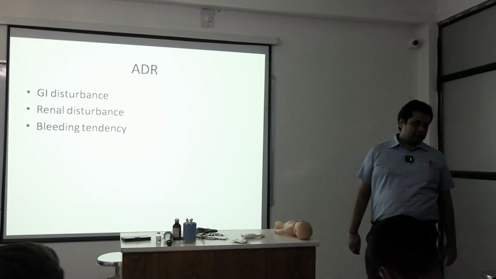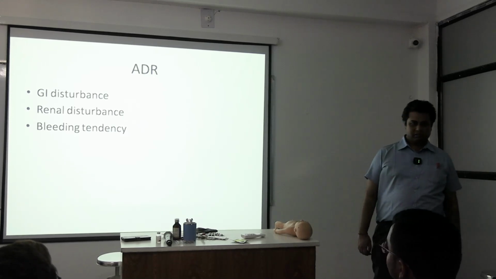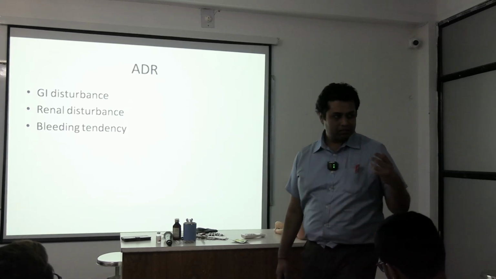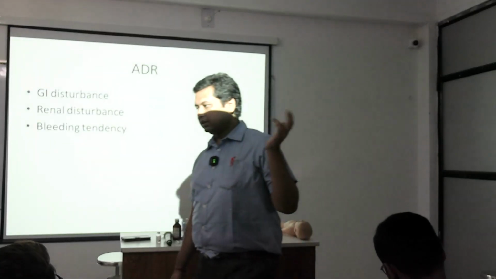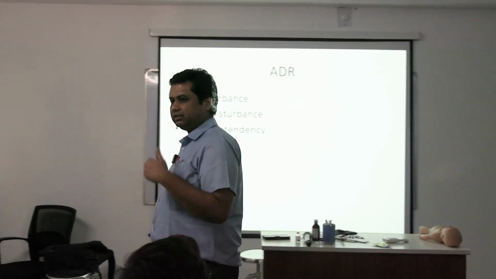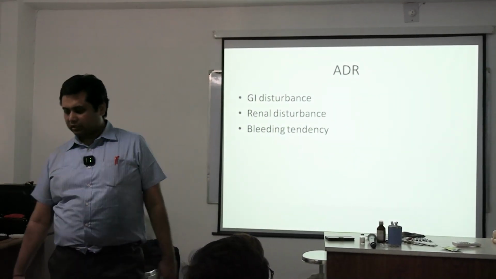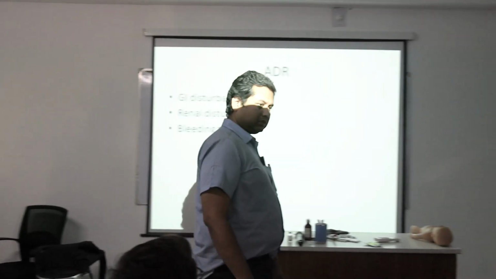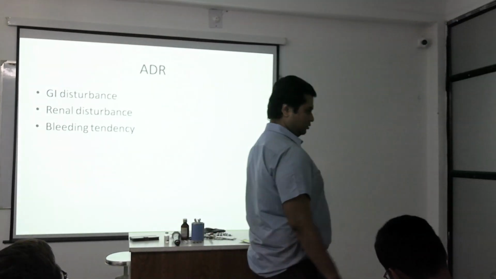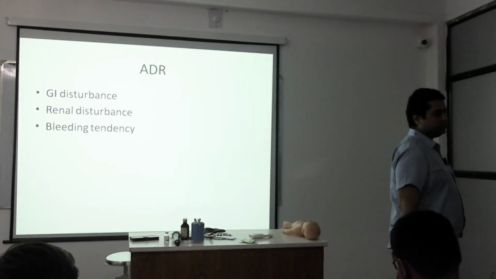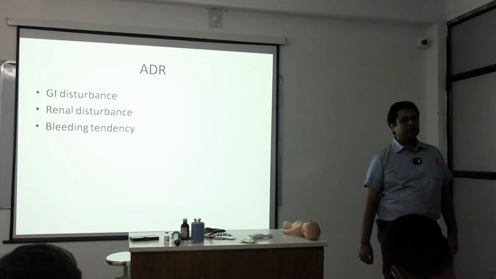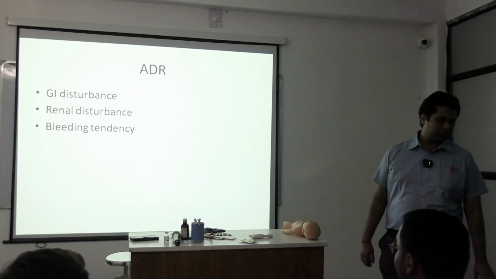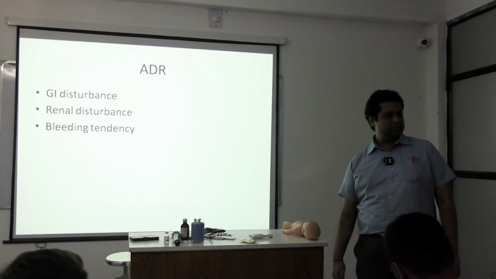So ADR will be GI disturbance. কেন? হ্যাঁ ঠিক আছে। GI disturbance কি হয়? গ্যাস্ট্রিক আলসার হতে পারে, গ্যাস্ট্রিক ব্লিডিং হতে পারে। Then renal disturbance. কেন? COX-1 is being inhibited. COX-1 is responsible for the renal function, maintains renal function. ঠিক আছে। ব্লিডিং টেন্ডেন্সিস।